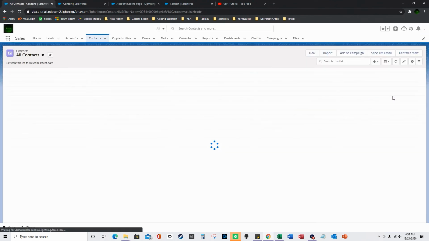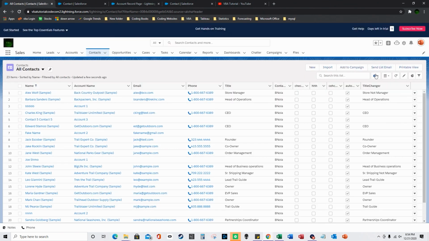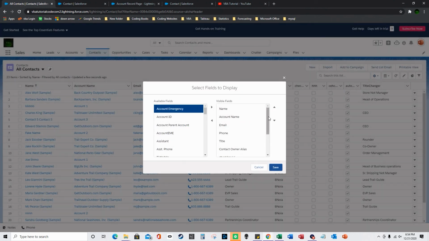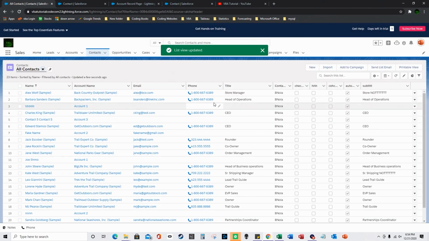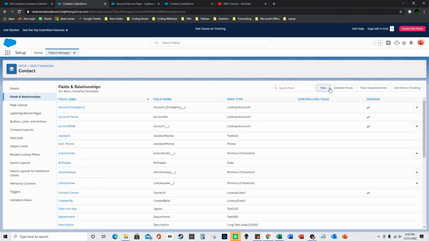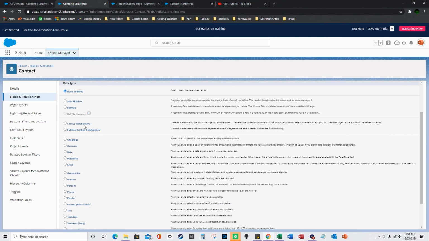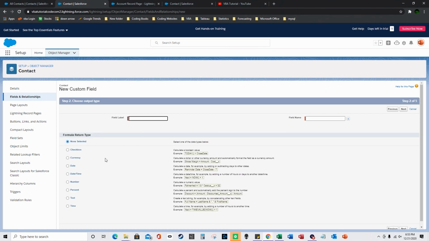refresh, and we just select fields to display, and I'll look for a substitute. There we go, next, save. So wherever it says manager, you just put the word not. So that's how the substitute works. And then if you go to new and formula, press next, and you do text, and you just say like mid,